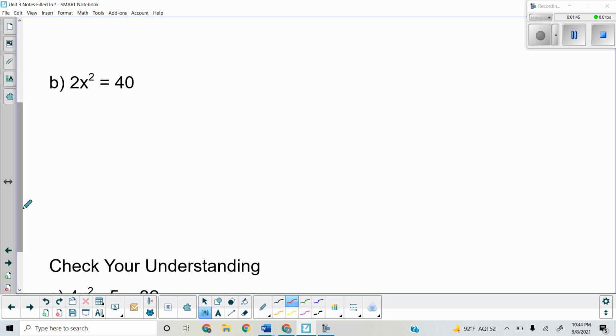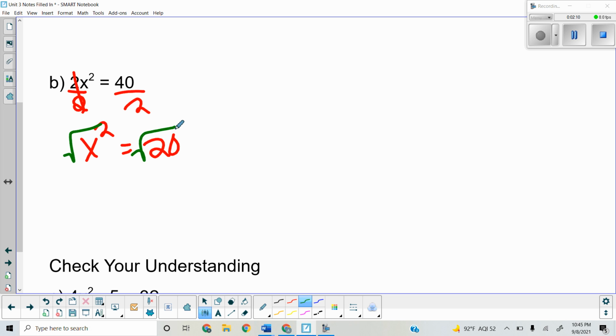B, we need to get that 2 away from x. We do that by dividing both sides by 2. So our 2's cancel. We get x squared equals 40 divided by 2 is 20. And then we take the square root of both sides. So we get x equals,